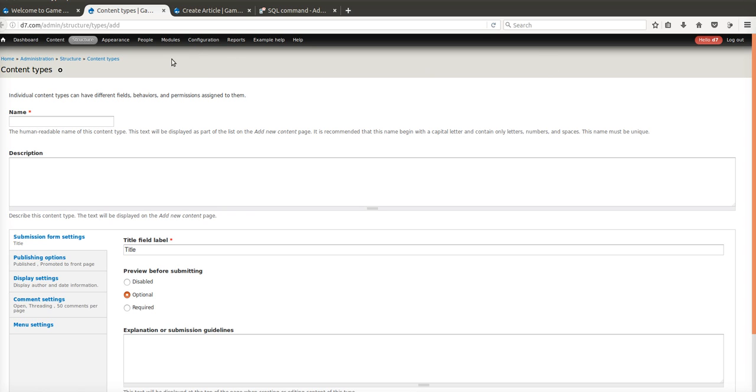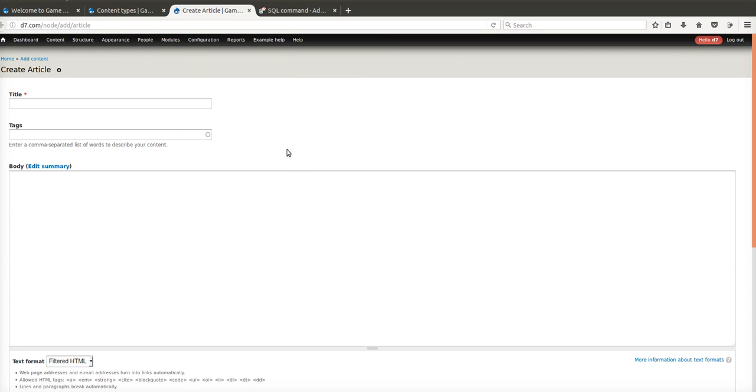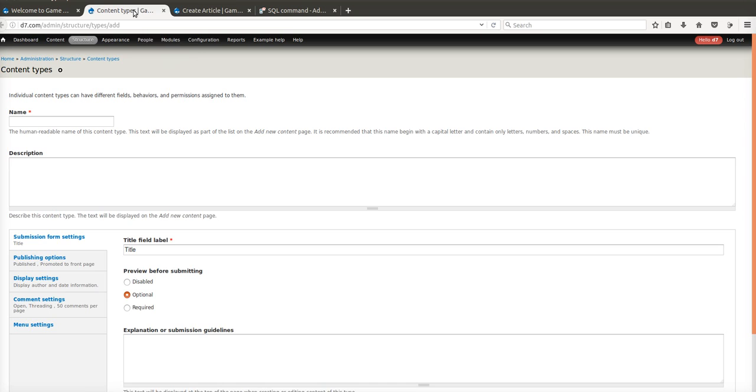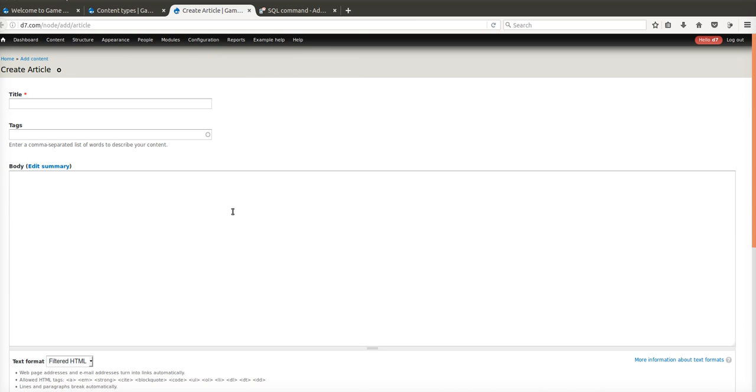I have opened a browser. In the browser I have opened a content type creation screen and one of the article creation screens. Now, content type is itself an entity which is a bundle of the node entity. So this is an entity which is a bundle of an entity, and article is a bundle of node. It's a pure bundle of node. So please keep these two things